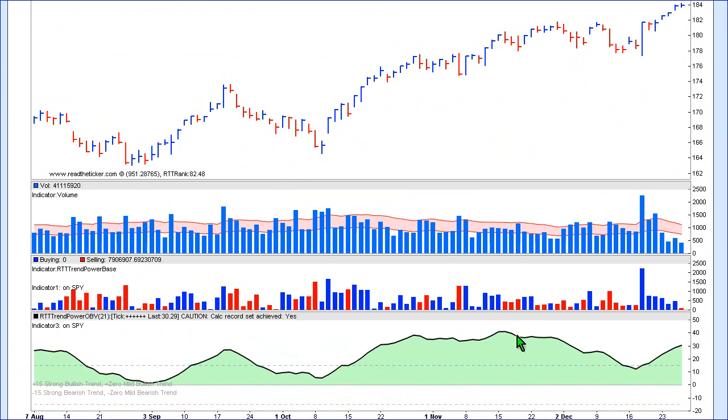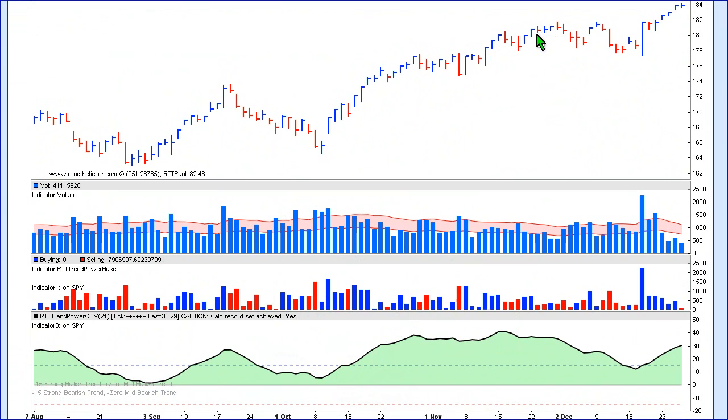pretty major one. So for example, here we've got lots of blue bars starting to rise, the odd red one, and we see the RTTTrendPowerOBV start to rise. And then the blue bars sort of putter out, and RTTTrendPower doesn't go anywhere. Here we get price up here,